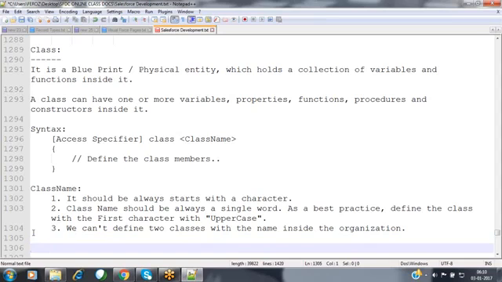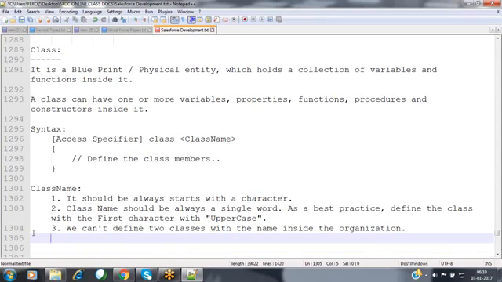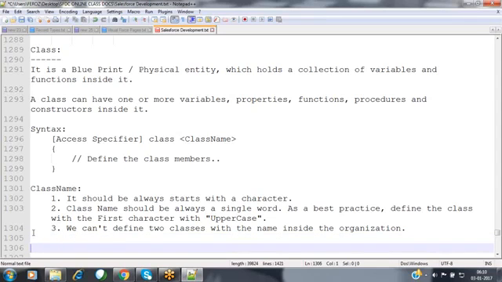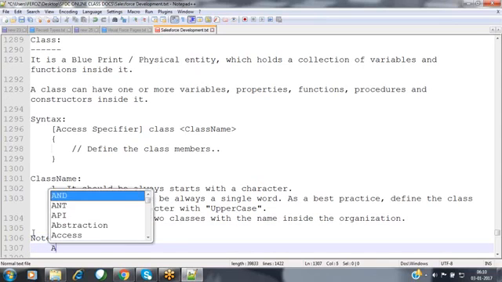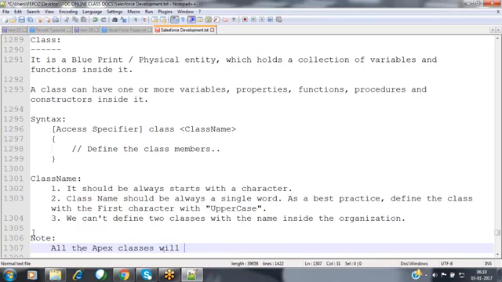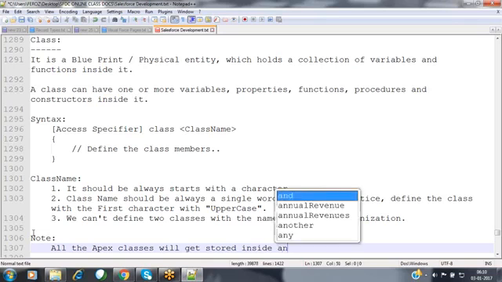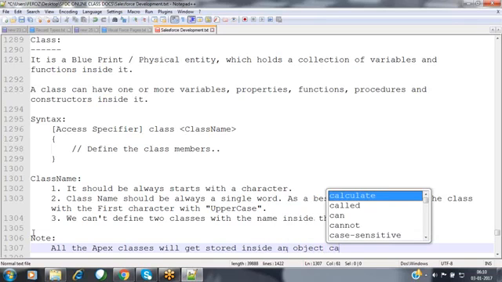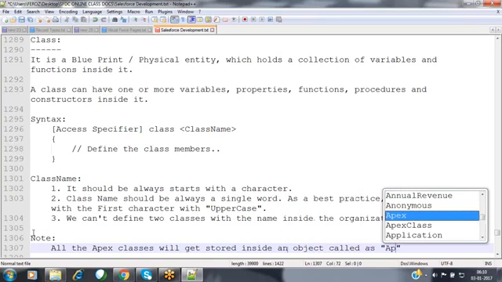Now, what about the Apex classes that you are going to create? All the Apex classes will be stored inside an object called the Apex class object.